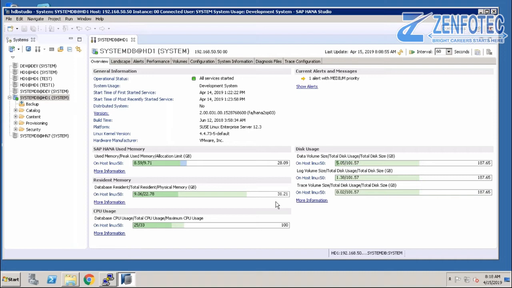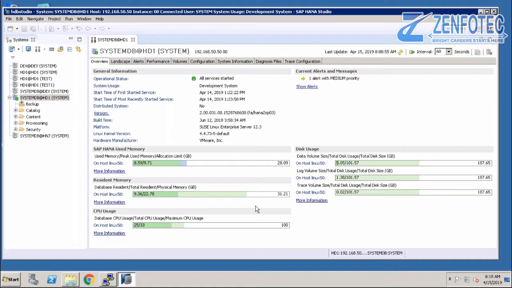If it goes up to 31.21, then in that case we have to add additional memory, or we have to restart the HANA database. Once you restart, this used memory will be freed from the database.